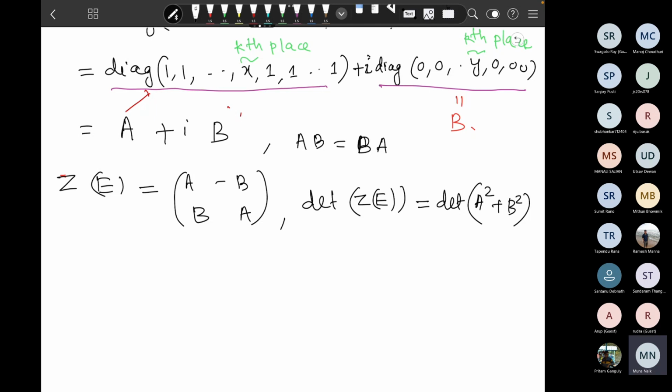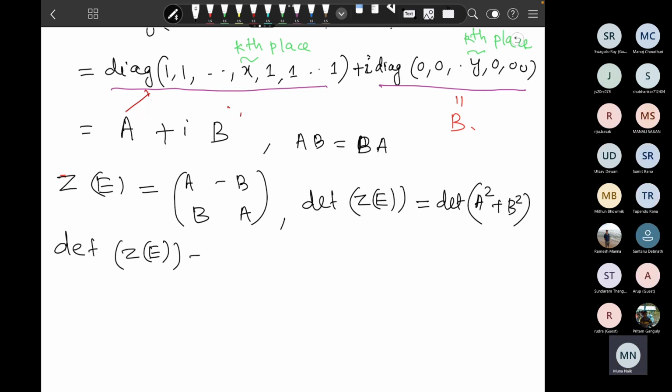So what will be A square? This will be the determinant of the diagonal of 1 1 1, and if you square it, this will be x square in the kth place,